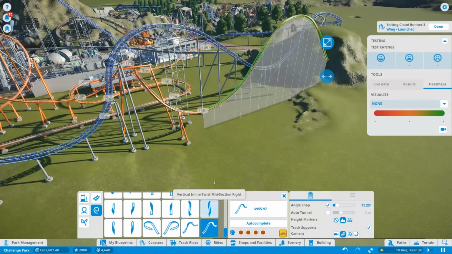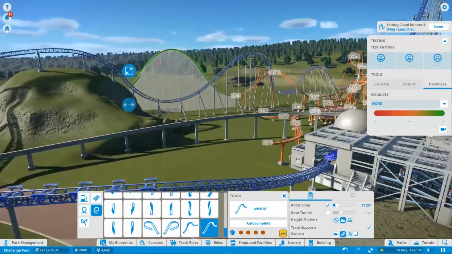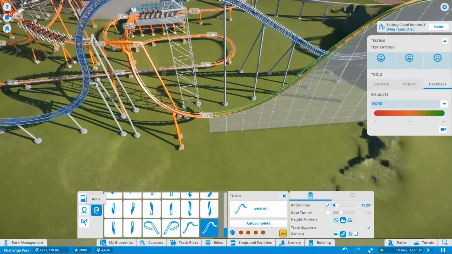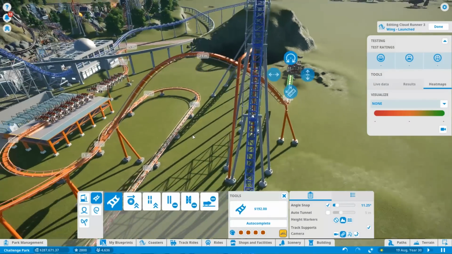Some of these pieces are pretty cool, but I can't... I mean, we could use that. Or does that look a bit stupid there? See, I kind of want to keep this one, like I said originally, pretty compact within the other coaster. And we've already gone out a little bit, which I didn't really want to do. Oh, actually, you know what? We might be able to...